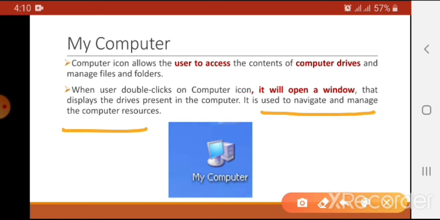All the data, files, pictures, folders are present in these drives. Either we store data in C drive, D drive, E drive. If we want to manage that data, if we want to work on some file, we have to go to that file by using My Computer, then go to the respective drive in which the data is stored, and then open the file.